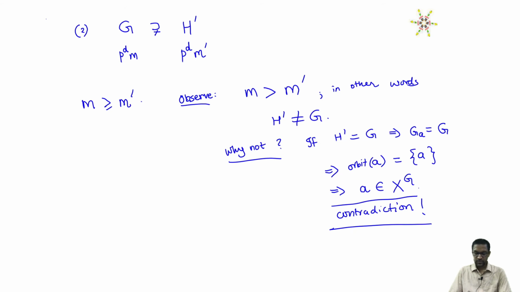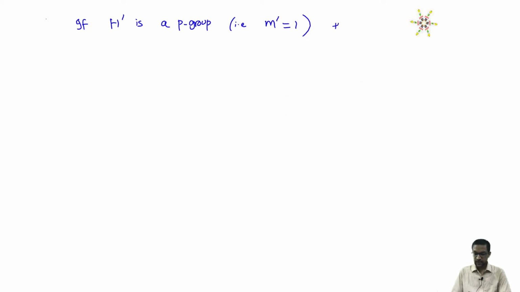Now here's the next step. If H prime is a p group, what does that mean? It means that the number m prime is exactly 1. Let's go up again, which means that the cardinality is already just p to the d. There's no m prime in it. Then we are done. Then H prime itself is your Sylow group, the p Sylow subgroup, because its cardinality is exactly p to the d. Then take H, the p Sylow subgroup in the theorem, to just be H prime, and we can stop the proof right there. Okay, if not,